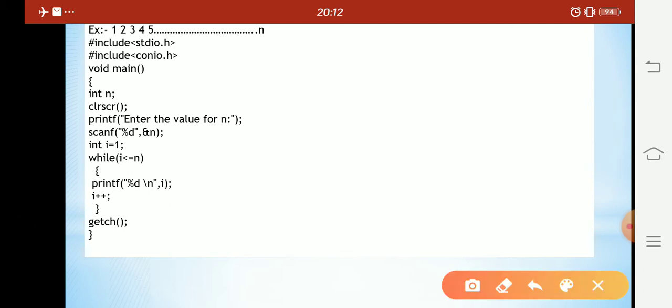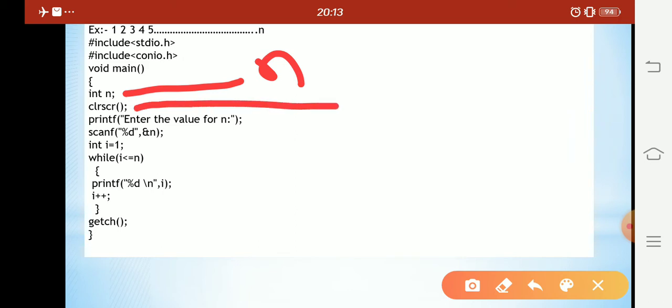Then here I have declared one variable int n, because a user will input a value. Suppose the user inputs 10, it will display from 1 up to 10. So dynamically, as per the user requirement, it will print. That's why I have taken one variable.